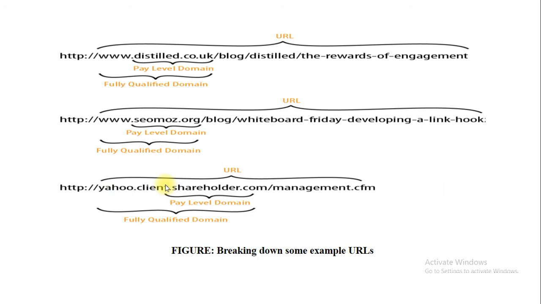And if you are sure that people are going to visit your website using the concept of subdomain, in that case only use the concept of subdomain. And in this last example we have directly created a page called management.cfm inside the URL. So over here all these examples represent URLs, different kinds of URL.